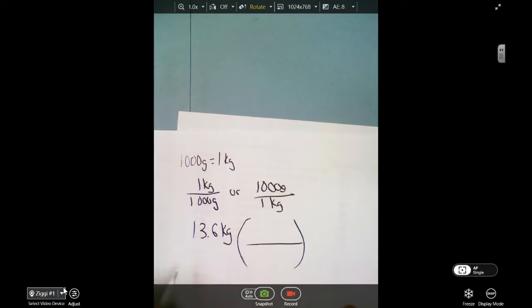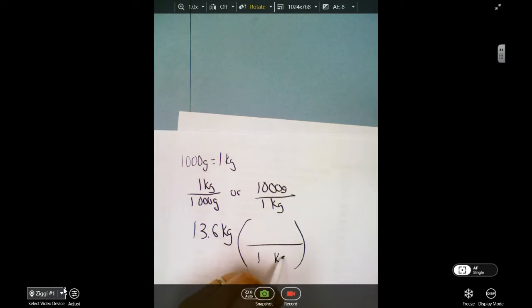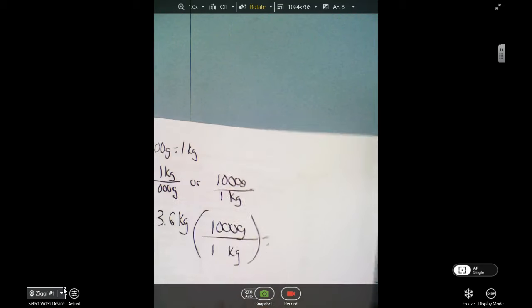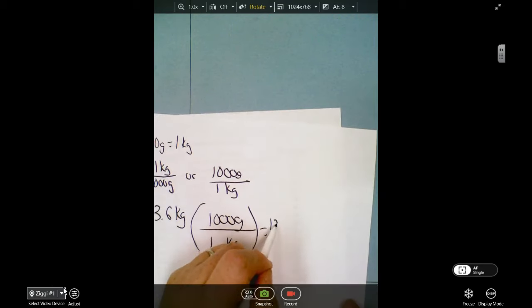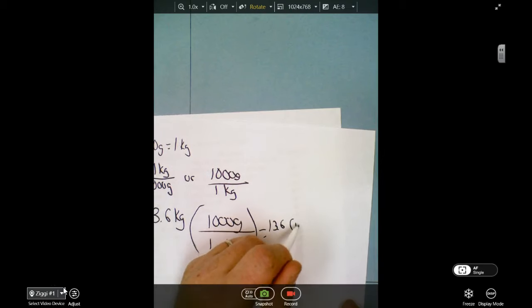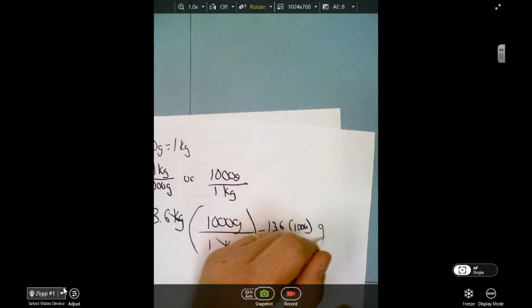Now when I go to do the problem, I need to say, okay, which way do I need to do it? Well, my starting information is 13.6 kg. I have a kg here, I need the kg down here. That puts the 1,000 grams up here, which means I end up with 13.6 times 1,000 grams, or